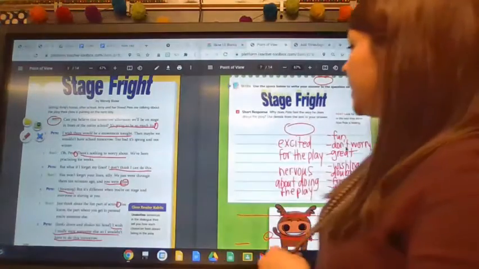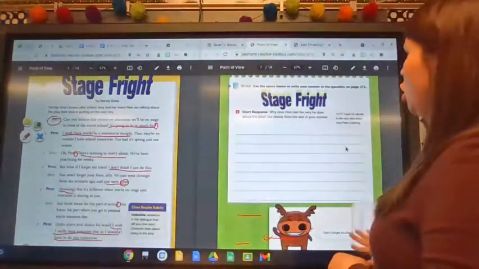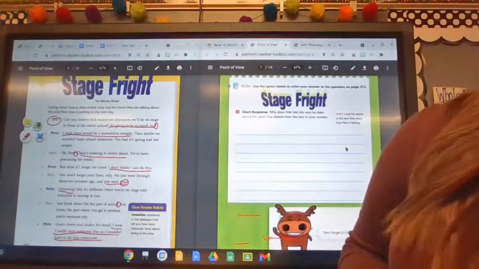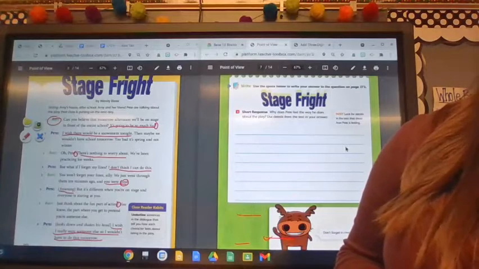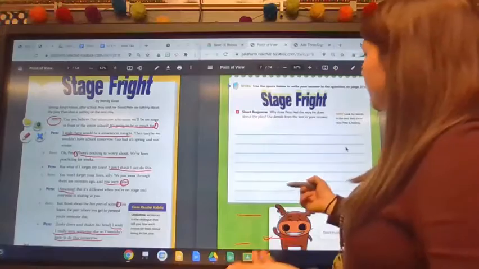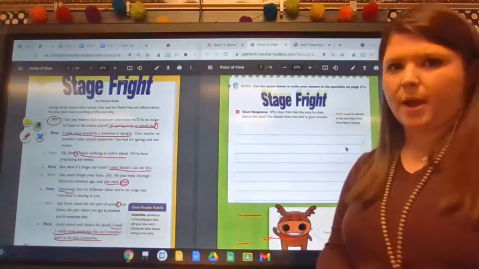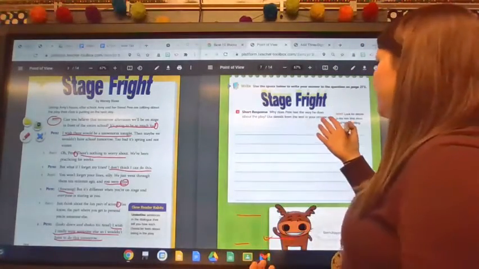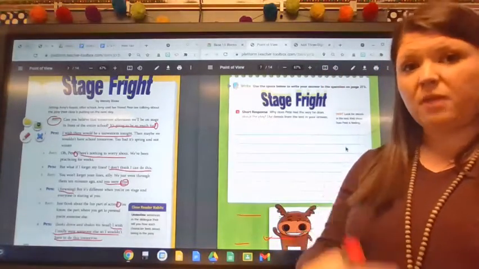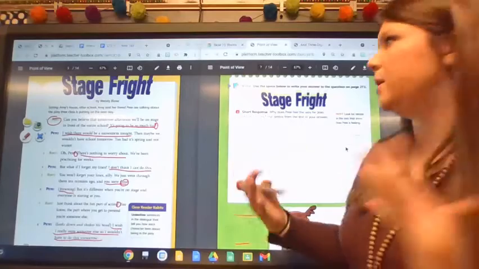All right, so we need to answer the question of why does Pete feel the way he does about the play? What is the reason that he feels that way, okay? So we're going to start by restating the question. The question is, why does Pete feel the way he does about the play? So we're going to take that and turn it into a sentence. Pete feels the way he does about the play because